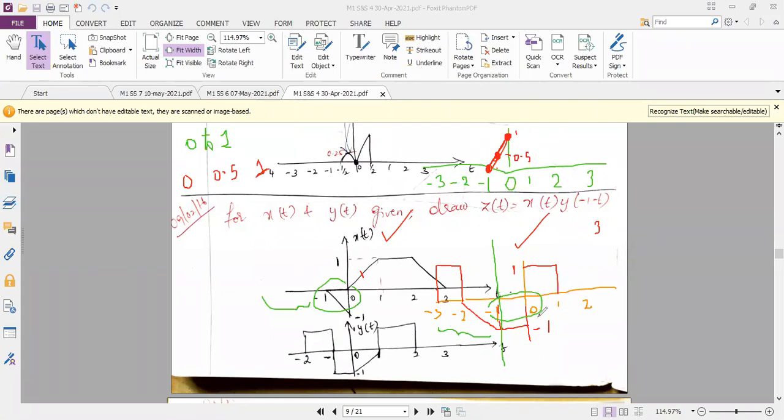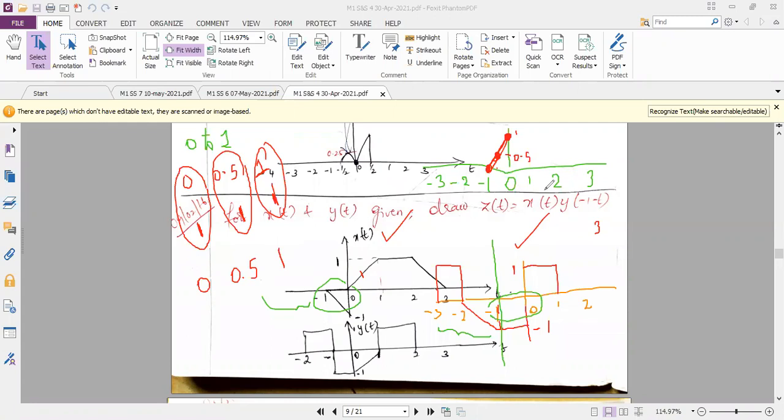Now in the second diagram, I want you to see between the interval 0 to 1. Is the amplitude the same throughout? Can you see the diagram? It is 1 only. Am I right here? So now if I multiply this 0 into 1, it becomes 0. And then if I multiply this 0.5 into 1, it becomes 0.5. And if I multiply this 1 and 1, your answer is 1.